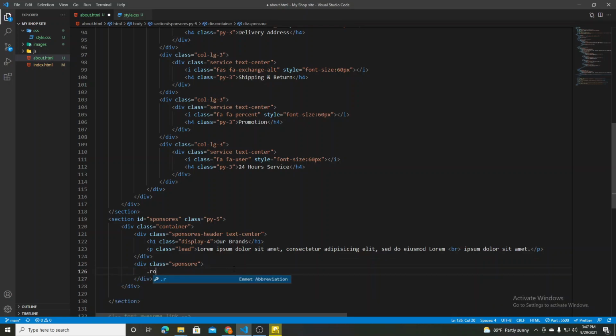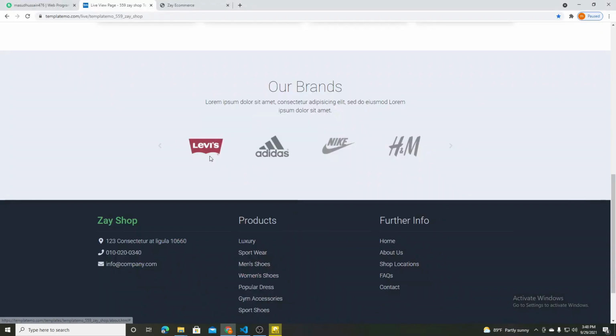Put this inside the row, and we need col-lg-8. We also need another class called mx-auto, so that it takes all the margins from right and left. And inside col-lg we have 4